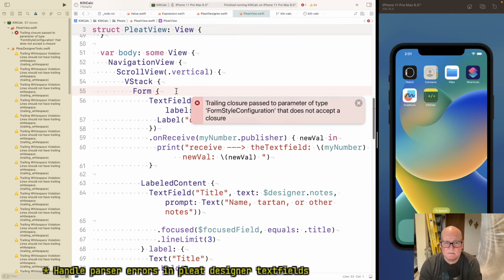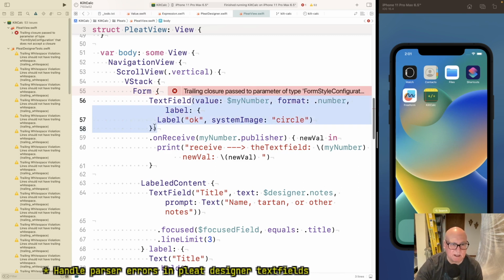Trailing closure passed to form style configuration does not accept a closure. Form style configuration. I don't have my braces screwed up here, do I? I mean, this is that.